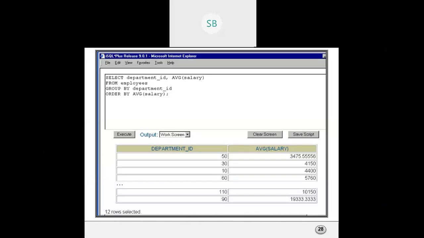Again, we have used group by and the order by clause. Here it's written: select department ID, average of salary from employees, group by department ID, and we are ordering it by average salary. This is how we are doing it.